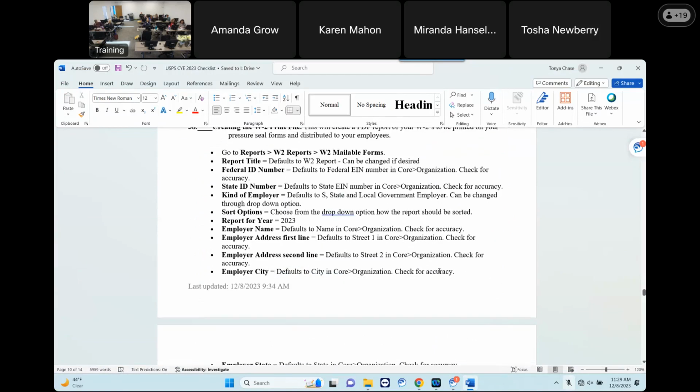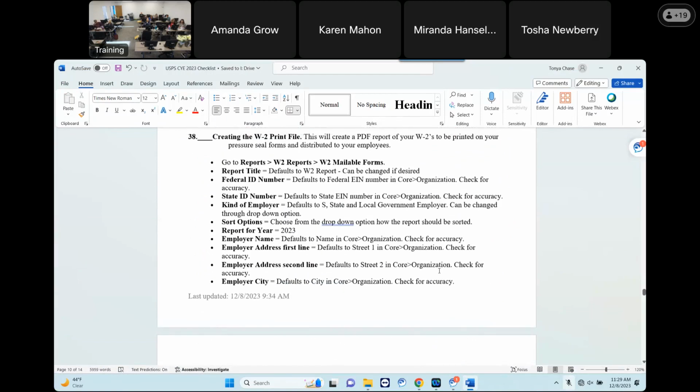Okay, so that's all of your submission files. Next up is creating your actual W-2 print file. Those are now done through USPS. It's not something that we have to create for you any longer. So that is done under,